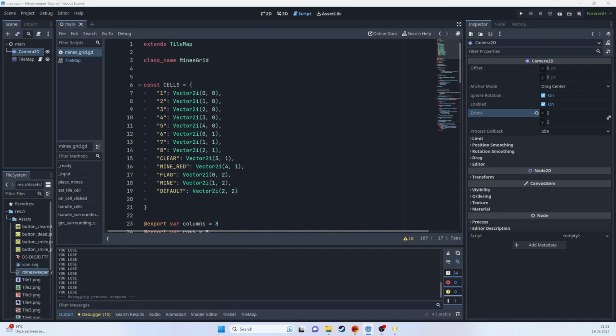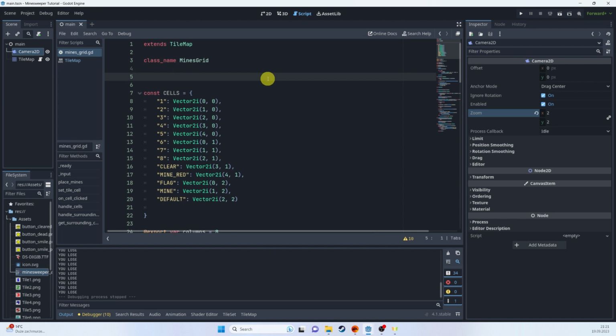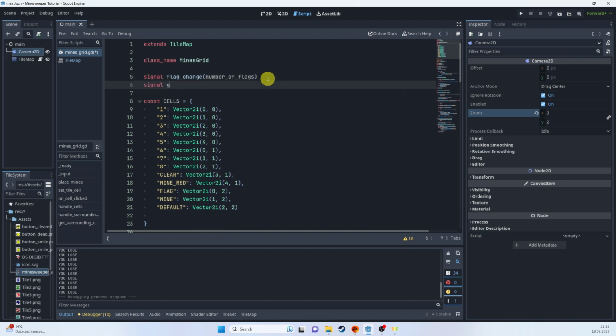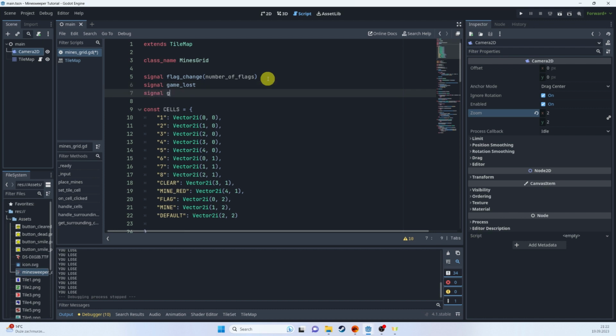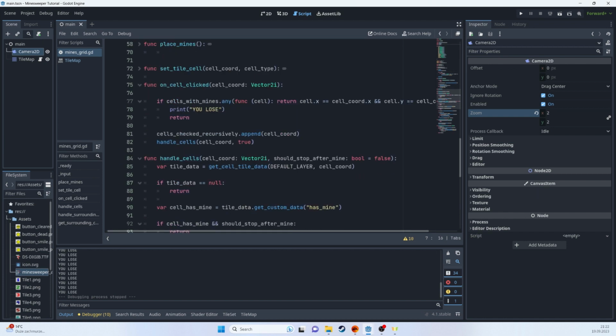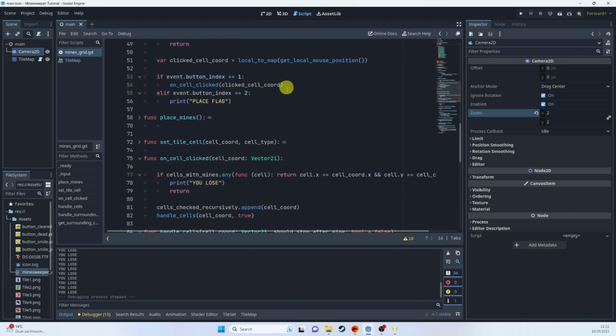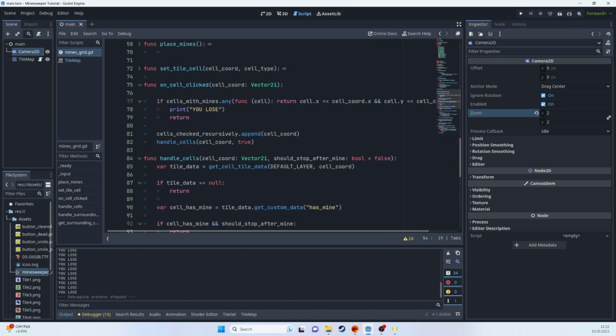I'm going to start by creating a few signals that we will emit from our mines grid, and that's going to be a flag change signal, flag change with the number of flags, and we'll need that later, and one signal for game lost and one for game won. Okay, and with that we can handle the losing state. So what we need is also clicked and